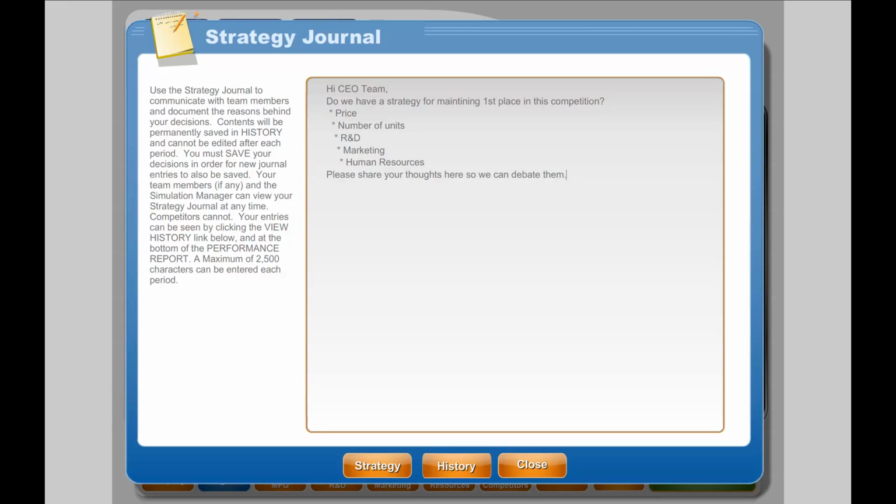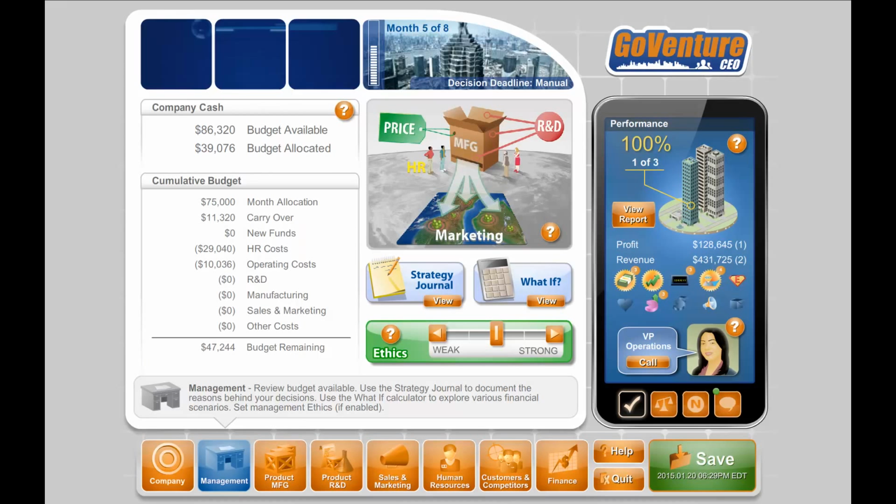It is important to note that the strategy journal is a planning tool only. It does not affect your decisions in the simulation, or the business results. It is up to you to make decisions that are consistent with the strategy that you have identified in the strategy journal. For example, if you set that your strategy for pricing is to be the highest price in the industry, then you need to make pricing decisions that will position you as the highest priced product compared to your competitors. You will not lose points if you are not on target, but it will make running a successful business more difficult if your business decisions do not align with your stated strategy.